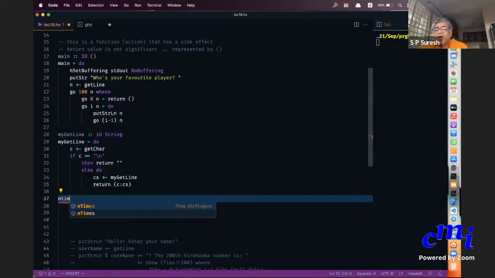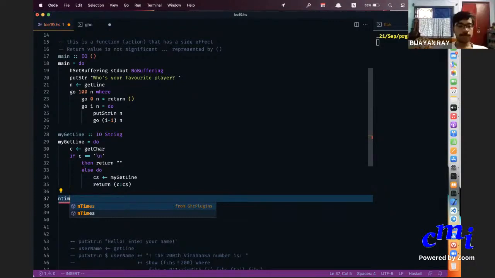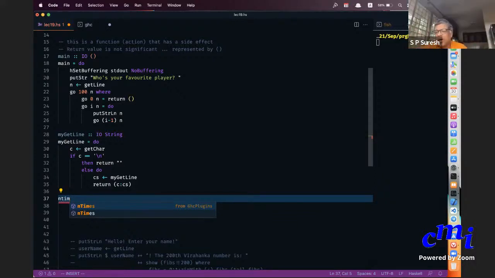We have get char for character and get line for a string. How do we accept an IO integer? We'll do it in the next class. You have to use something called readLn, read line, and then you have to explicitly give the type that you want to read it as, because Haskell has to read it as a string, but then parse it as an integer. Like this sort of task has also been done in Java.